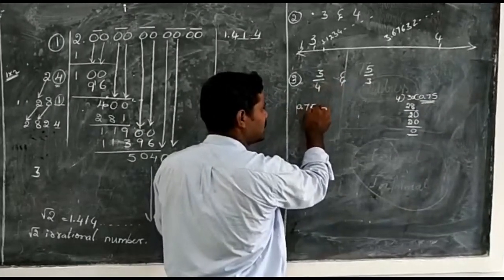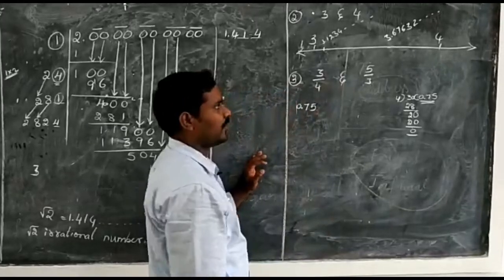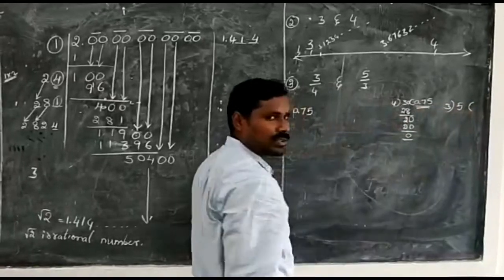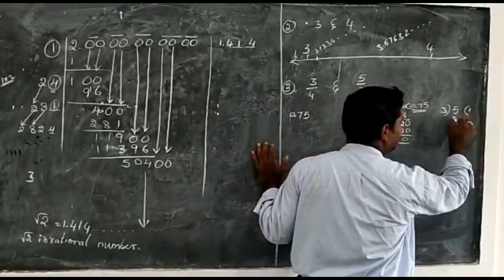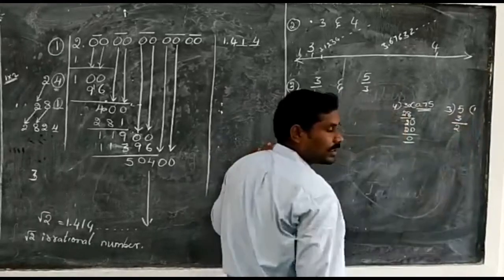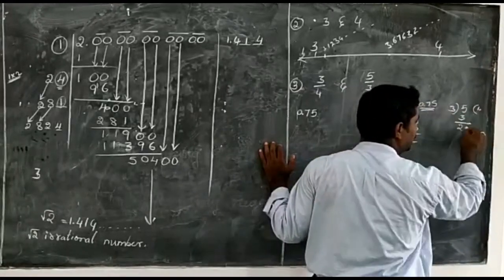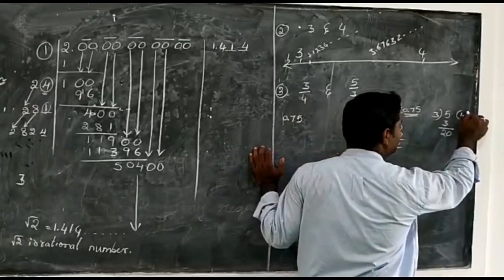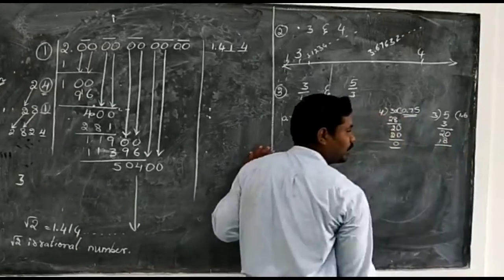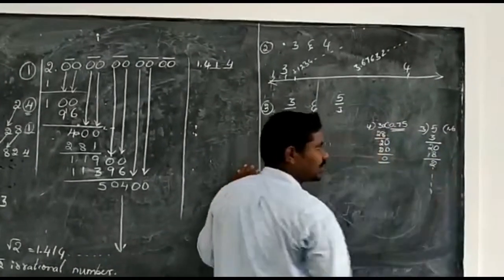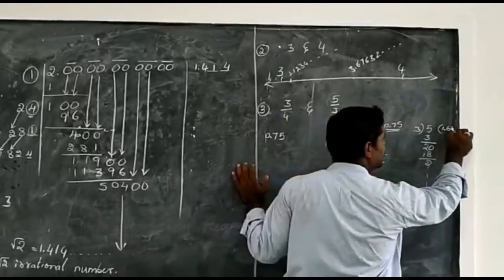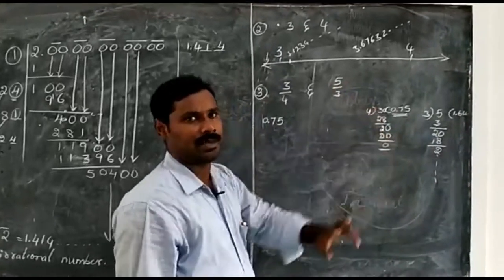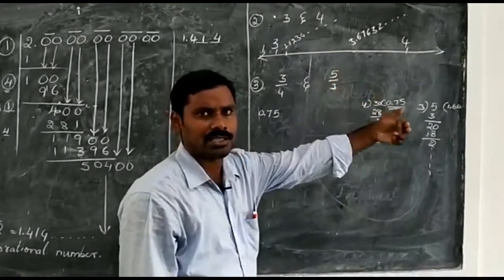The value of the terminating decimal is 0.75. Now 5 by 3. What is the value of 5 by 3? Again divide with 3. 5 divided by 3. 1 3 is 3. Remainder 2. Now it is not divisible, so take a decimal. Now it is 20. 6 3s are 18. Then we get remainder 2. And it continues as 2, 2, 2, 2 and so on. That means 1.6666 and so on. It is a non-terminating repeating decimal. A non-terminating repeating decimal is also a rational number.